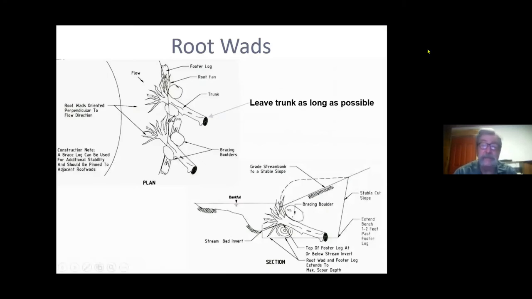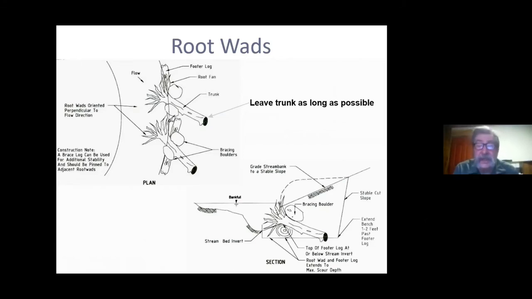And here's some examples. Again, we don't want to turn you into design engineers, but here's an example of using some old stumps or old trees, and you want to have those roots exposed to those flows to deflect some of those flows off the banks, but you have some large rocks that are anchoring those